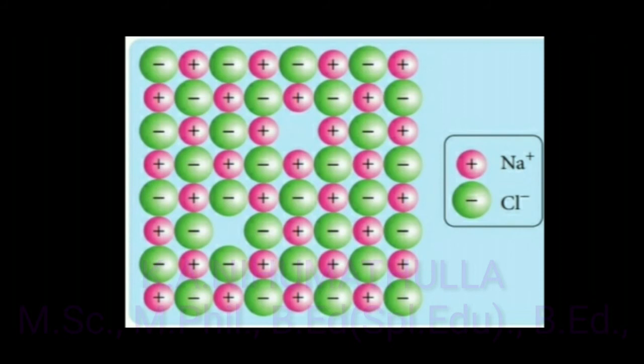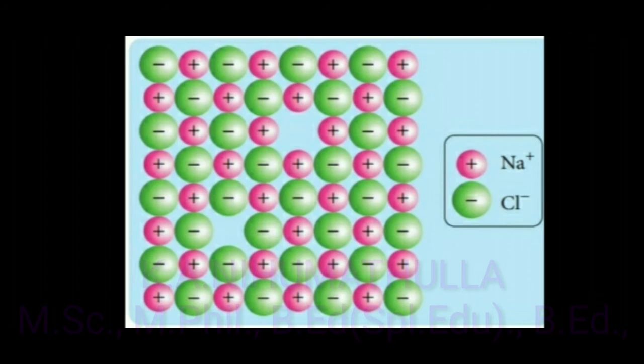Remember always, in Schottky defect, the total number of cations missing is always equal to the total number of anions. If one Na plus ion is missing from its lattice point, an equal number of anions, one Cl minus ion, is also missing from its lattice point to maintain the stoichiometry. This Schottky defect does not change the stoichiometry of the crystal. Stoichiometry means the number of plus is always equal to the number of minus.